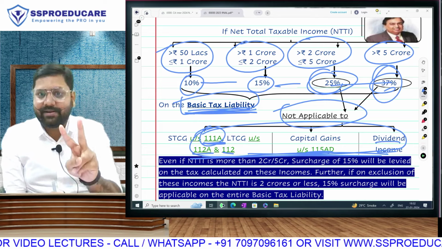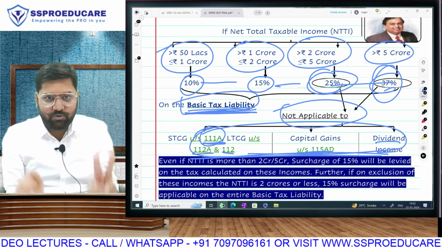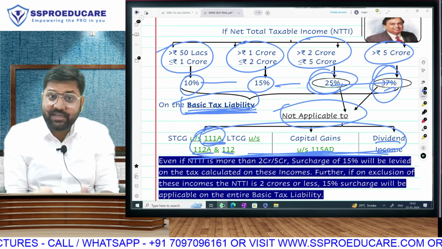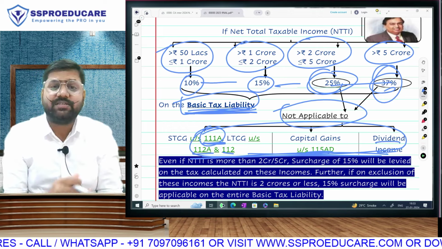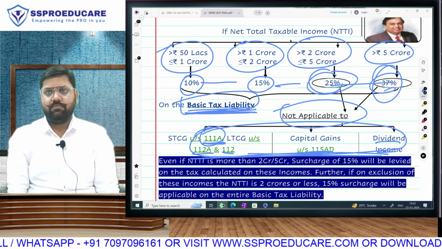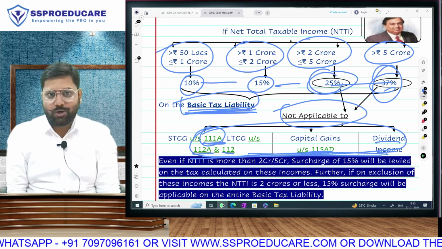More than 50 lakh, 10%, with these incomes or without these incomes. More than 1 crore, 15%, with these incomes or without these incomes. Once your total income crosses 1 crore, 15% will come. When you cross 2 crores,